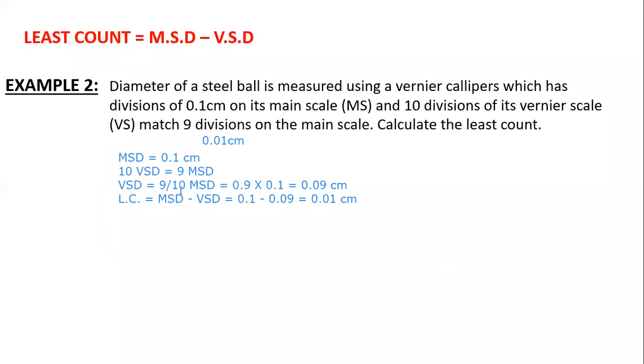Okay, so Tista, third line. Yeah, Tista, can you hear me? Yes, sir. Okay, fine. So the VSD line you're talking about? Yes, sir. Actually 10 will go on the other side, it will become 9 by 10. Yes, I got that. Then the MSD value will be substituted. So 9 by 10 is 0.9 and the MSD value was 0.1. See, in the first line we have written it. Okay, sir. This was your MSD, which I just substituted here. Yes, 0.9 into 0.1 became 0.09. Okay, sir, got it. Thank you, sir.